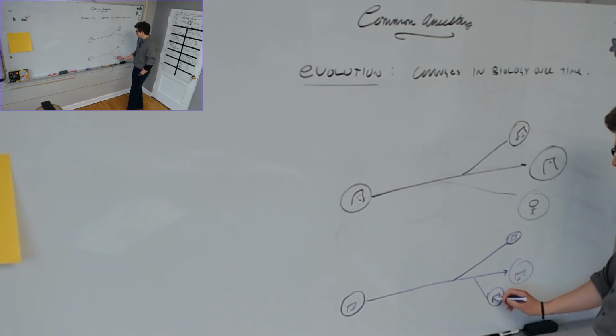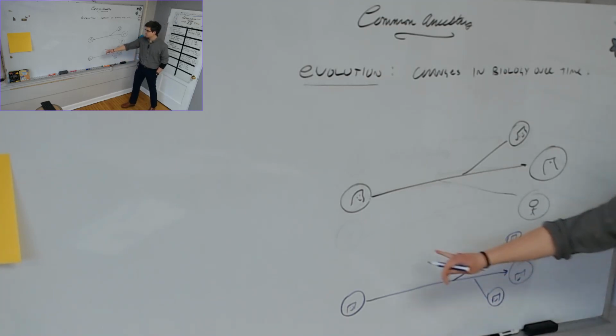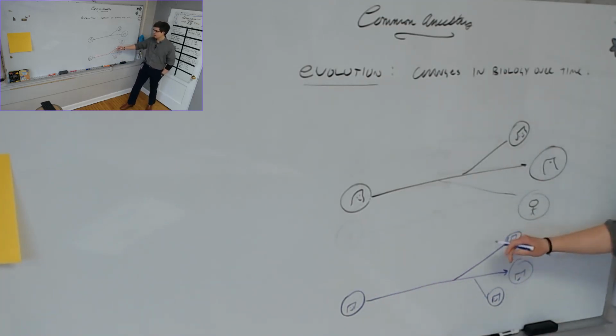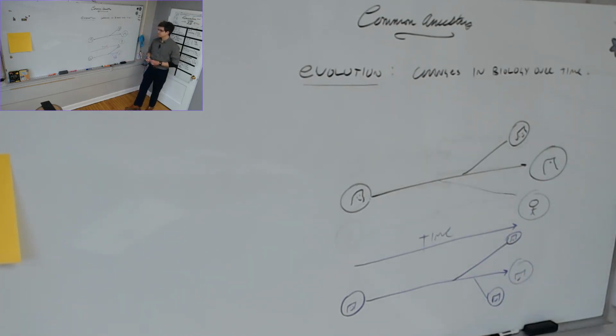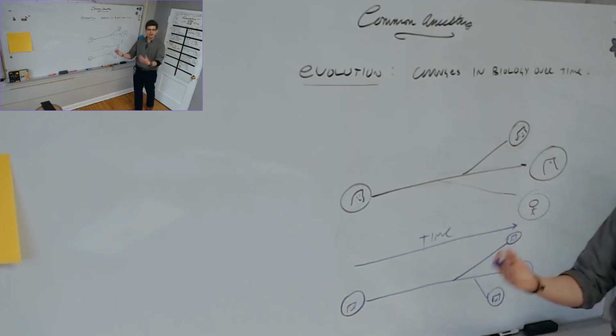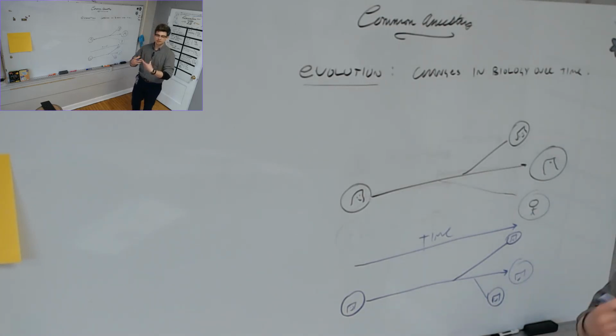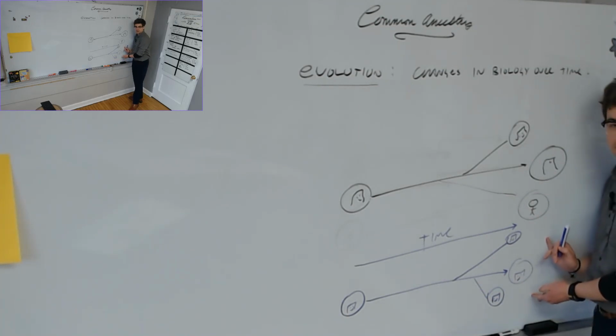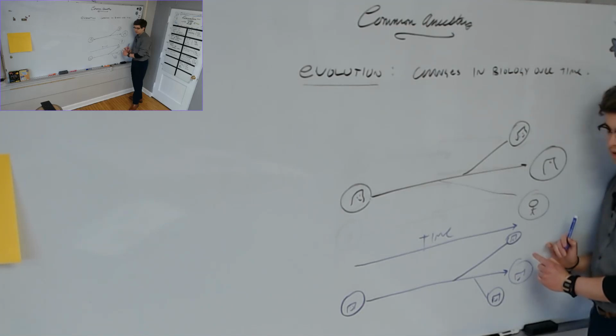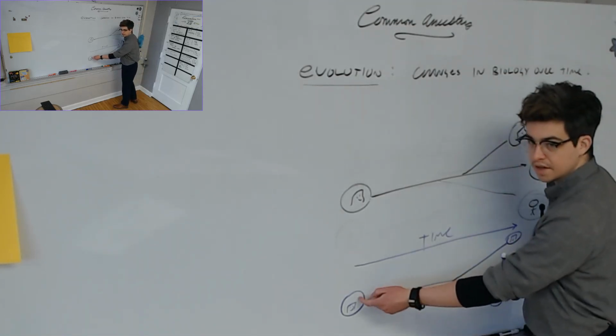Hey, by the way, in this very rough diagram, what's the x-axis? As this moves left to right, what is happening? Time. Time is passing. How do we know time passes? That's a really philosophical question. But in so much as we can see that time passes at all, we see biological change. We see it on the very microscopic level. We see it in families. Are you the same as your mom? No. Is your sister the same as you? No. But you're both related through the common ancestor of your mom.